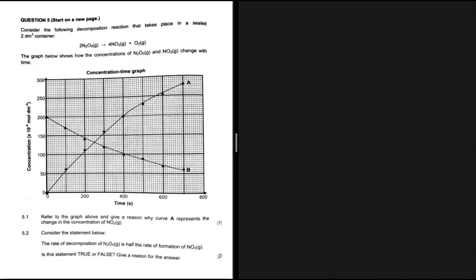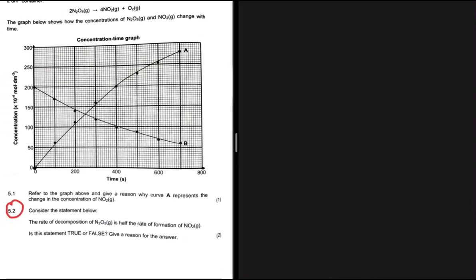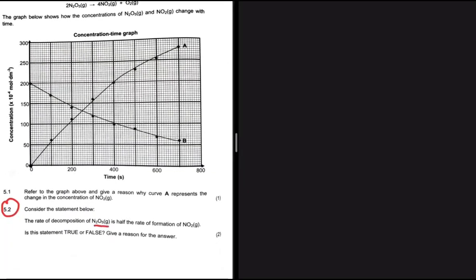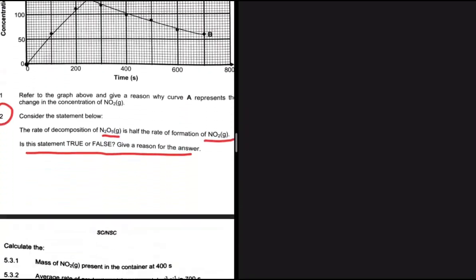So let's look at 5.2. The question says, let's consider the statement below. The rate of decomposition of N2O5 is half the rate of formation of NO2. Is this statement true or false? Give a reason for the answer. Do you know that you can actually use the balancing coefficient to find the rate of reaction of one compound if you have the rate of reaction of the other? I only realized that not too long ago. And it is exactly how we're supposed to answer 5.2